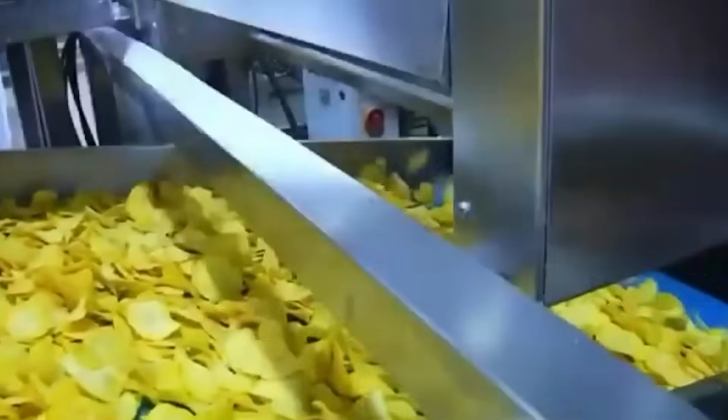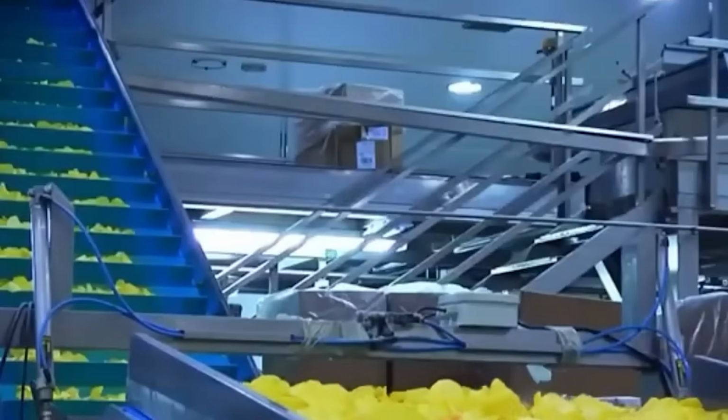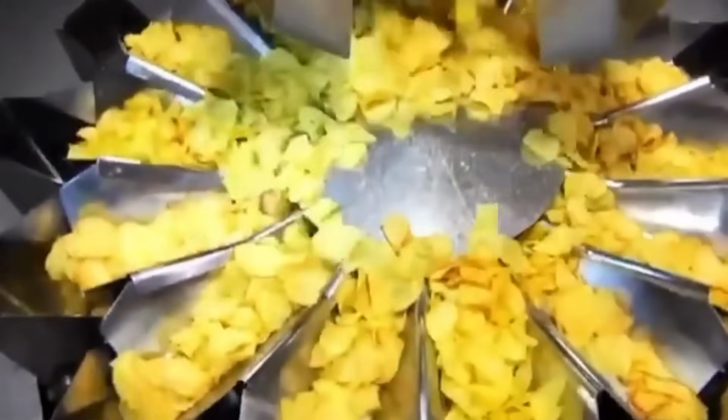At this stage, they are carefully drained of excess oil using advanced drying techniques. This step is crucial, as too much residual oil could make the chips greasy, while too little could impact their mouthfeel. A fine balance must be maintained to ensure that each chip retains the light, crispy texture that Lay's is known for. With the chips now cooked to perfection, they move forward to the seasoning stage, where their flavor truly